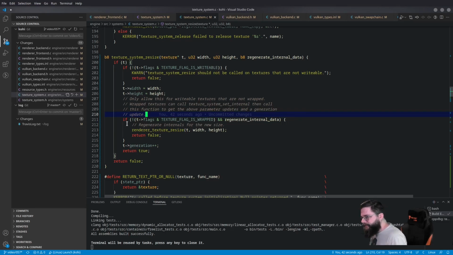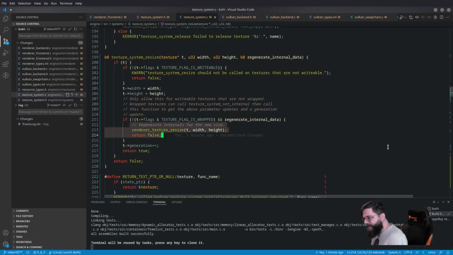So nope, I think I still said that backwards. So we're only going to check to see if the texture is wrapped. If it is not wrapped and the regenerate internal data is enabled, then we will go ahead and call the